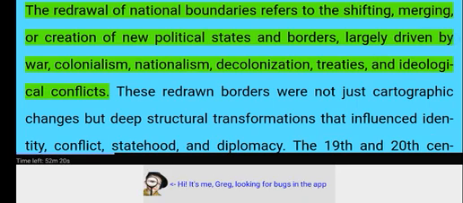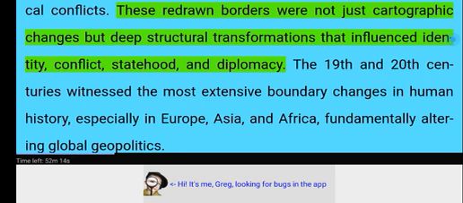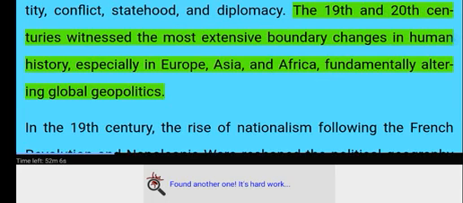The redrawal of national boundaries refers to the shifting, merging, or creation of new political states and borders, largely driven by war, colonialism, nationalism, decolonization, treaties, and ideological conflicts. These redrawn borders were not just cartographic changes but deep structural transformations that influence identity, conflict, statehood, and diplomacy. The 19th and 20th centuries witnessed the most extensive boundary changes in human history, especially in Europe, Asia, and Africa,